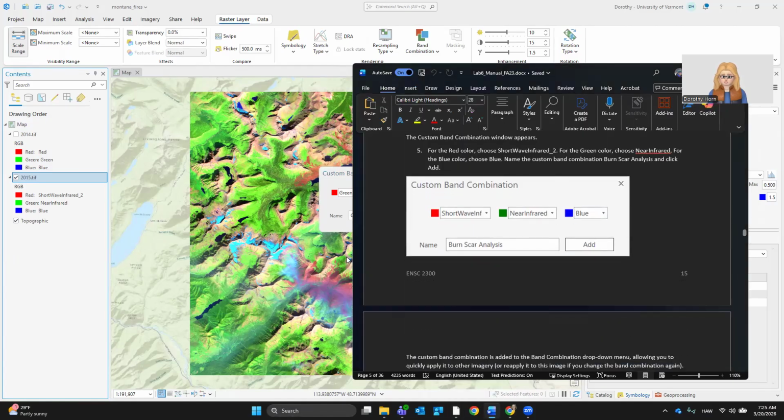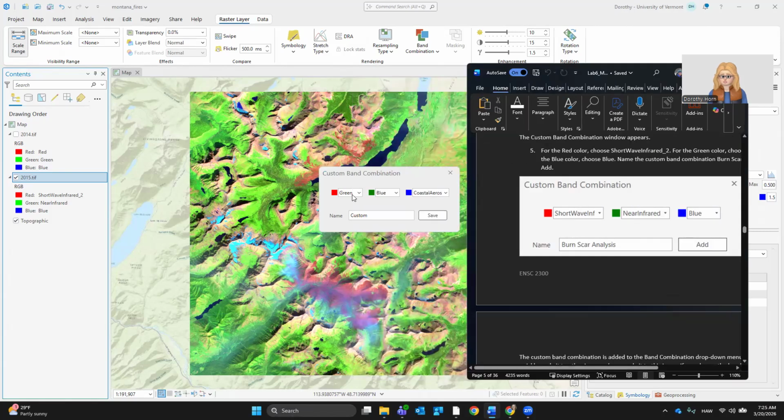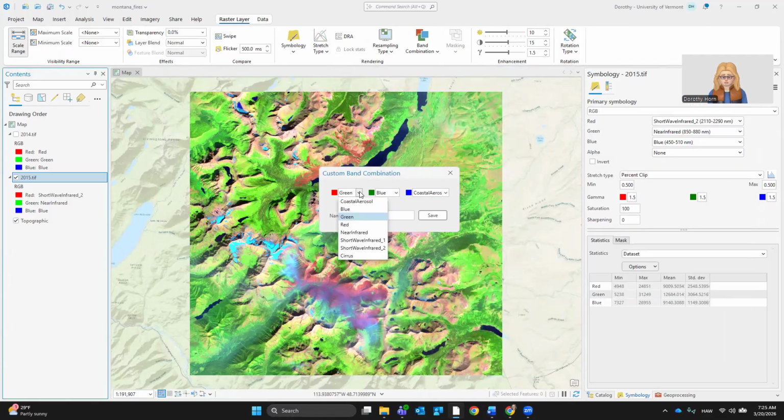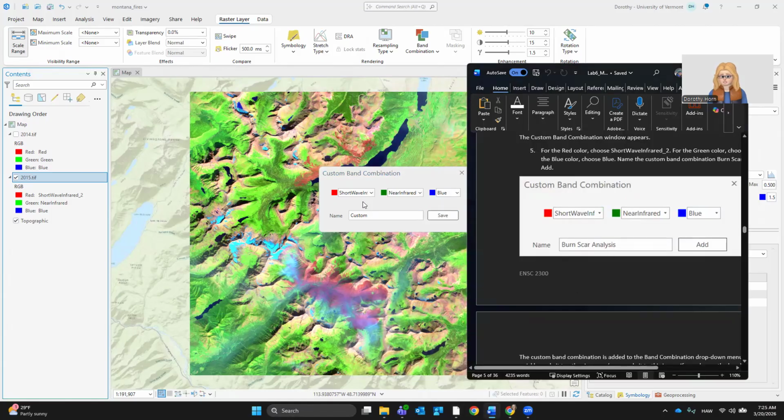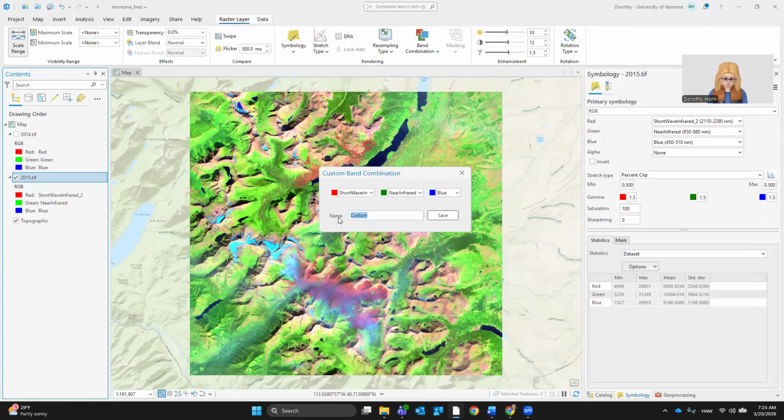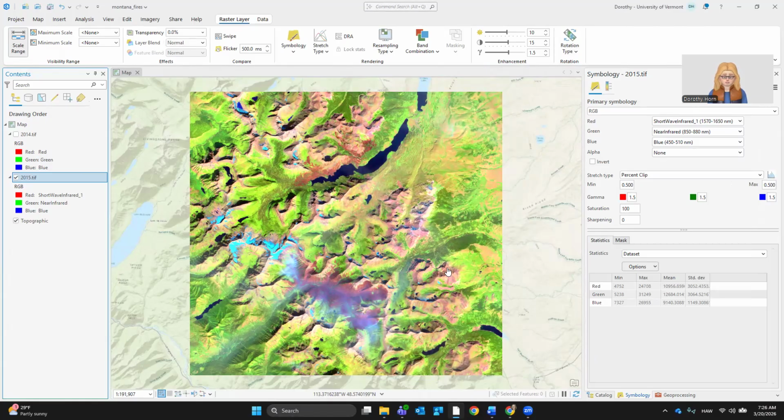I'm going to make this a little smaller so you can see both. We're going to change it from green to shortwave infrared, from blue to near infrared, and from coastal aerosol to blue. So shortwave, near infrared, and blue. And we're going to call it burn scar analysis. I'm going to go ahead and click save,